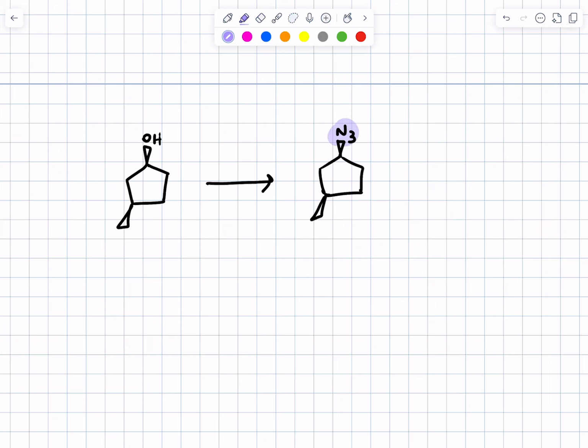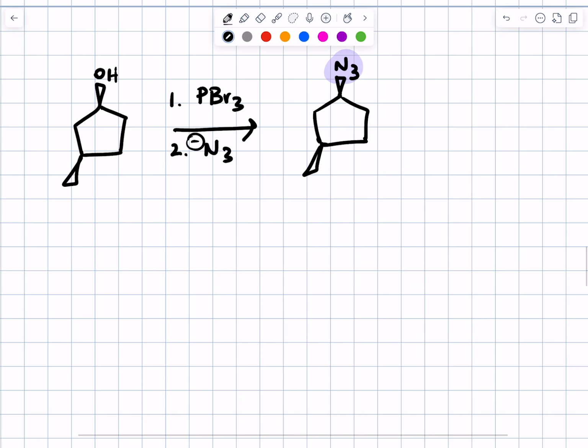And you know, okay, I need to turn the alcohol into a good leaving group, and then I need to replace that good leaving group with the azide. It would make sense to use a strategy like this, where first you use PBr3